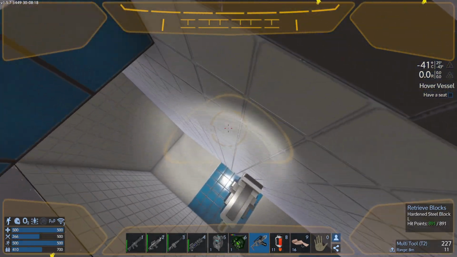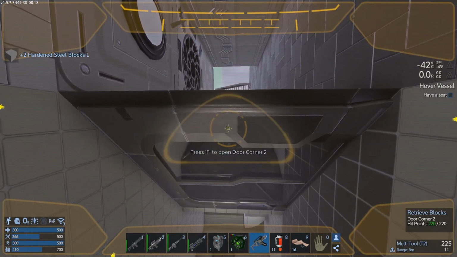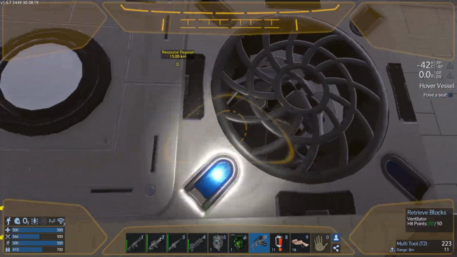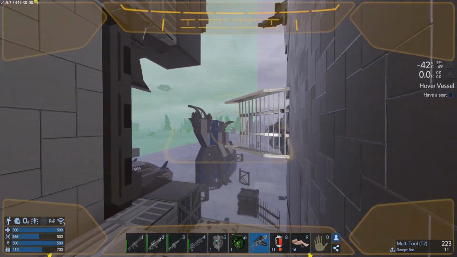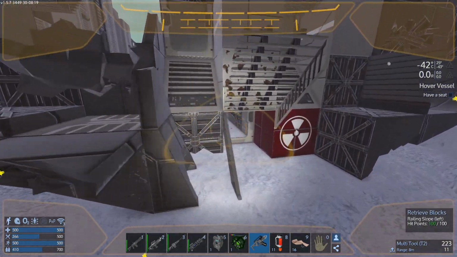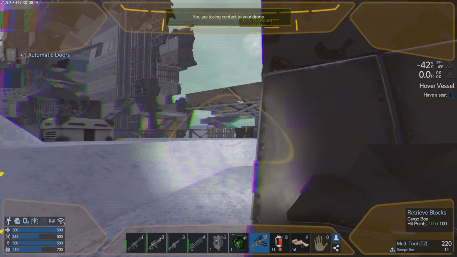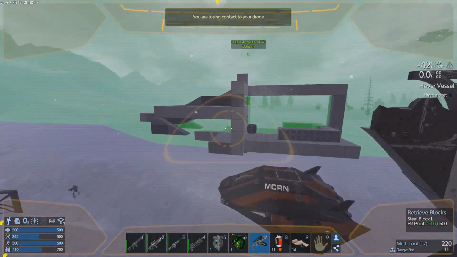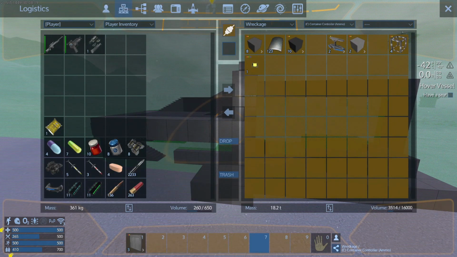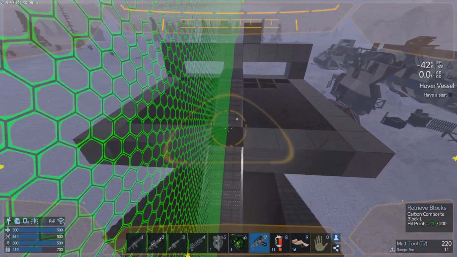Okay, we'll just find our way through the base. There we are. Out there. It's a light point. Got to put the door there as well. That should give me the 3 doors. So looking for is